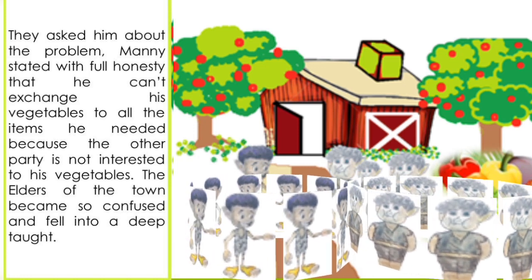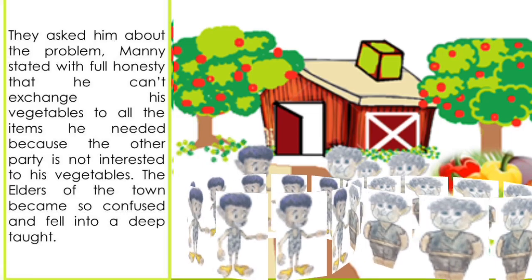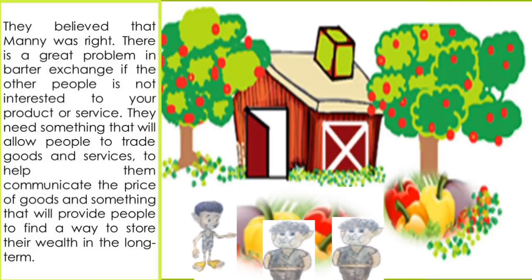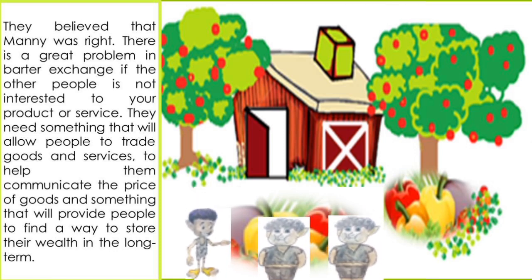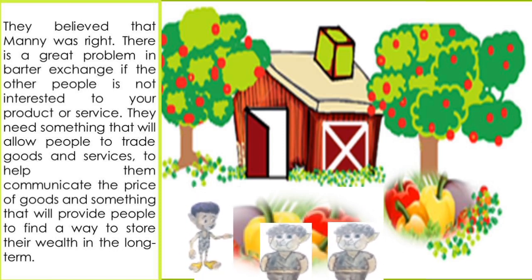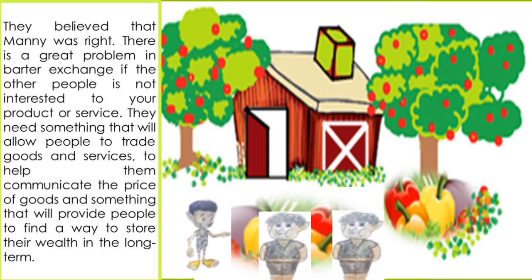The elders of the town became so confused and fell into deep thought. They believed that Manny was right. There is a great problem in barter exchange if the other party is not interested in